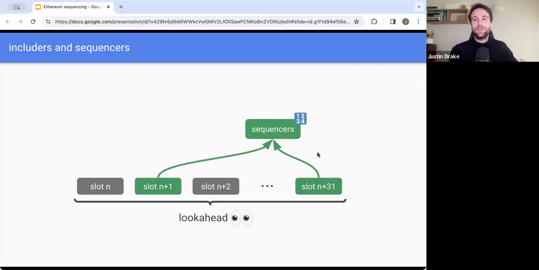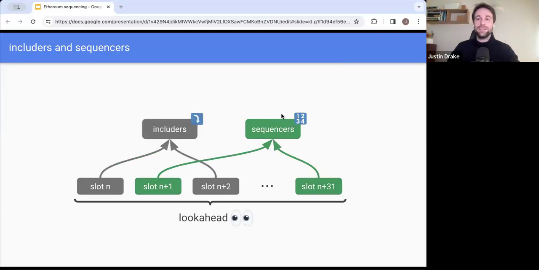And what we're going to do is invite some subset of the proposers to step up as sequencers. And in order to do that, you have to post collateral. And we'll talk about why this collateral is important later on. I use the emoji 1, 2, 3, 4 because it shows the sequencing of transactions in a specific order. And then there's this other set of proposers, which I call includers, which don't have collateral. They don't have sequencing rights, but they do have the right to include transactions on chain. And those can be either sequenced or unsequenced transactions that can go on chain.